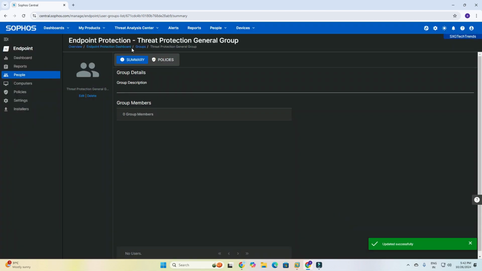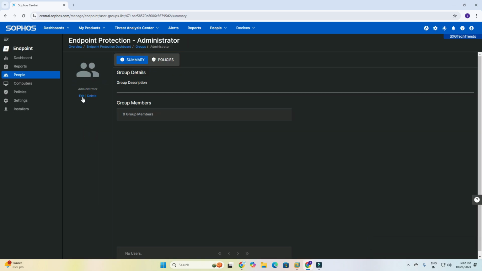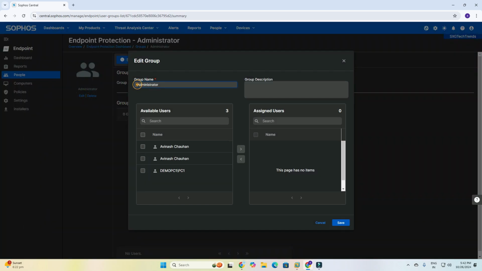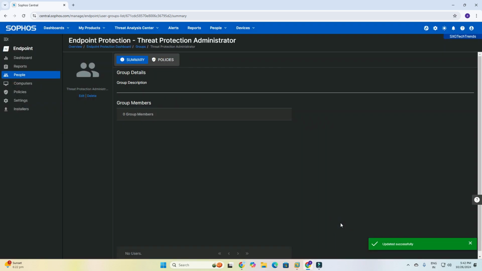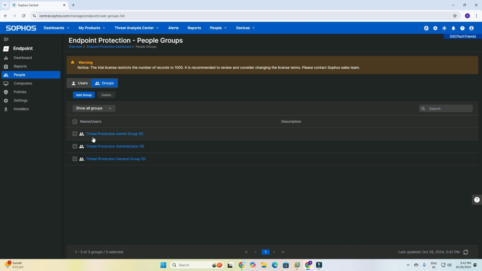If in our organization there are multiple users of different types, you need to create different groups for different users. If you scan every time on administrator-level systems, then they will be irritated. So I have created three types of groups, and I have named them threat production admin group, threat production administrator group, and threat production general group.